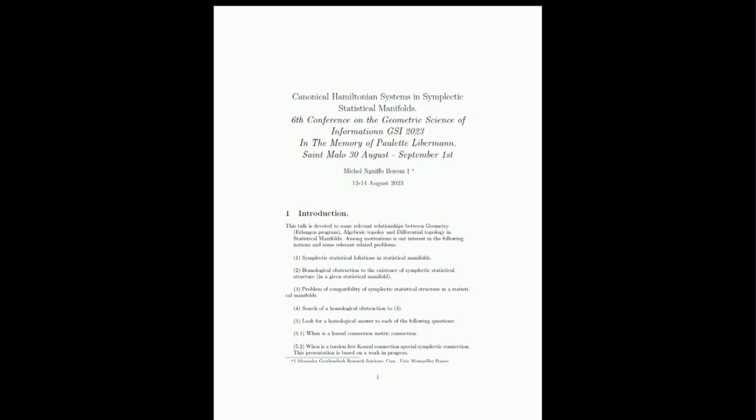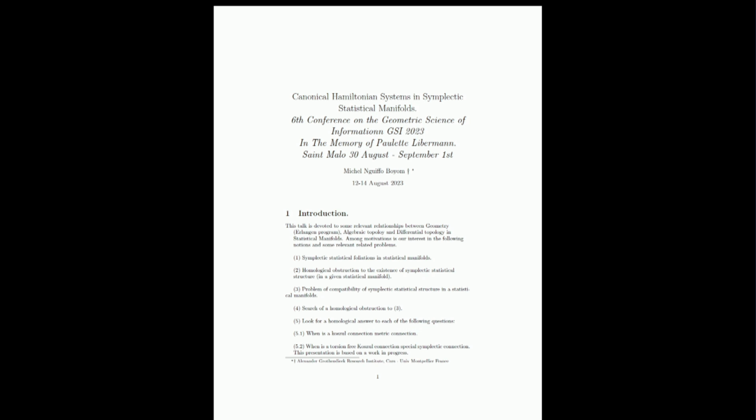Algebraic topology means that I will be concerned with cohomology space, cohomology class exactly. And when I have a cohomology class, I have to interpret it as an obstruction to the existence of something. So, the main question I am interested in, the first question, is the